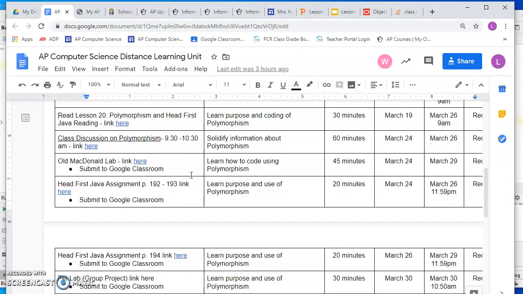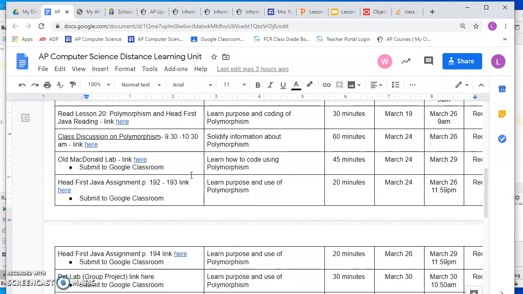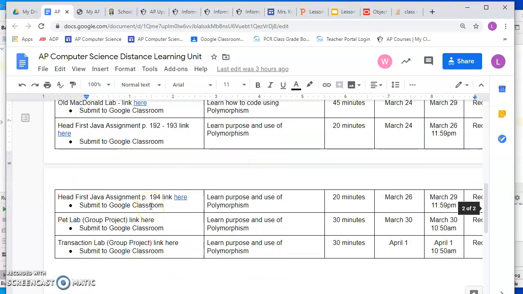I do want you to do the Old McDonald Lab. You can start it early. I think it's fairly easy. It's due on March 29th. Sorry, so you have like 5 days to do it, and it's pretty easy. I think 45 minutes, to be honest, was a little bit of extra time. It shouldn't take you more than 45 minutes for sure. You have a couple of Head First Java assignments, and then I am going to have you guys do group